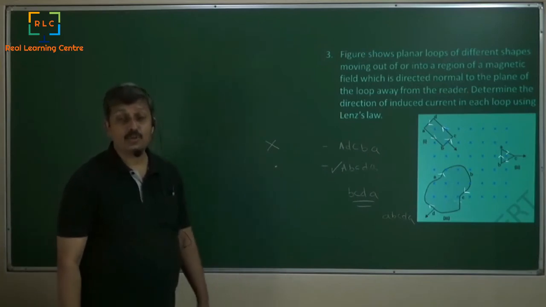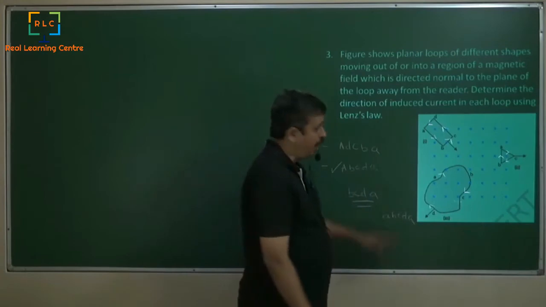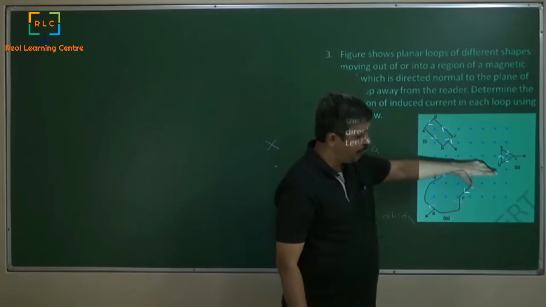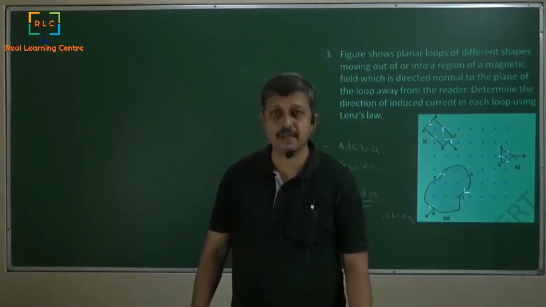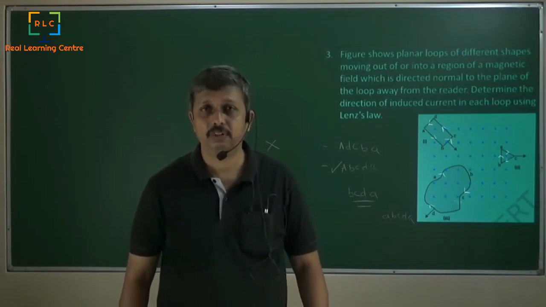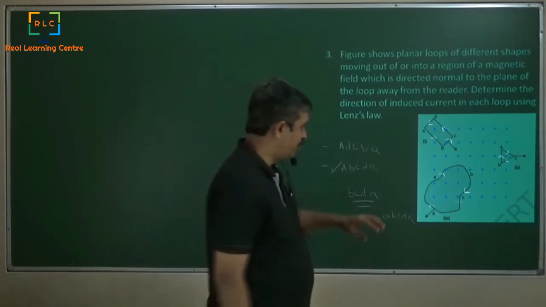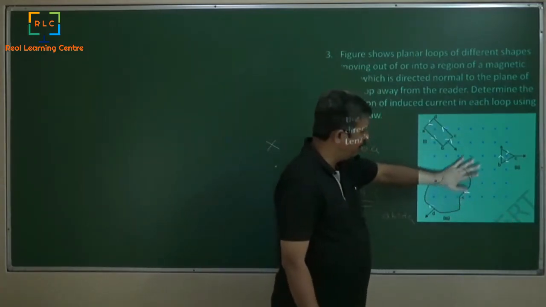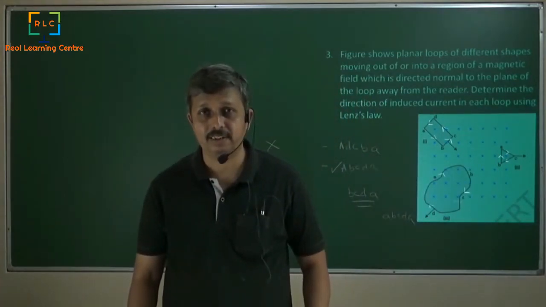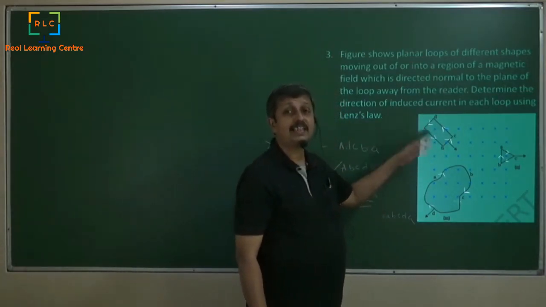One very important thing that you have to understand here. Okay. Let's say this is moving like this. After it enters the magnetic field, when it is going inside the magnetic field, continuing to go inside, the amount of magnetic field inside it does not change, so it doesn't produce any current. Okay, while it is traveling in the magnetic field, none of these current loops, none of these circuits produce any current. So the current is produced only if it is leaving or entering the field